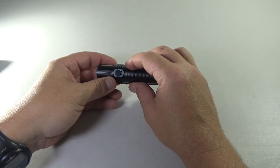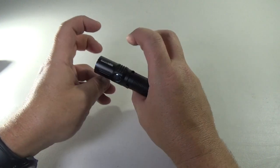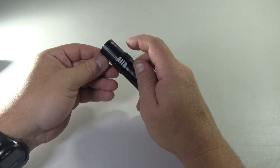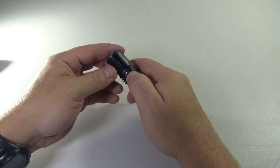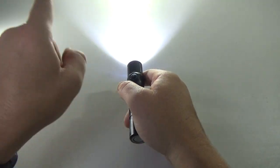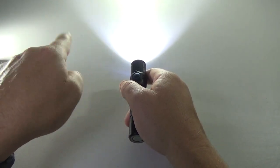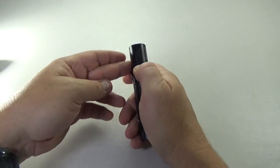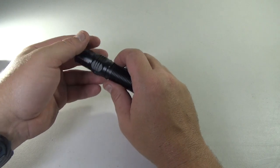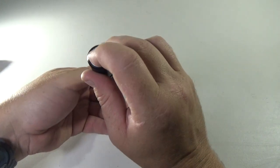I have yet to actually use strobe in some kind of tactical situation. I think it would be more effective to just have the turbo on and shining like around there. You get those little tracer lights when you're looking at a flashlight like that. So I like that more than the strobe. Plus, I don't really see that well with the strobe,